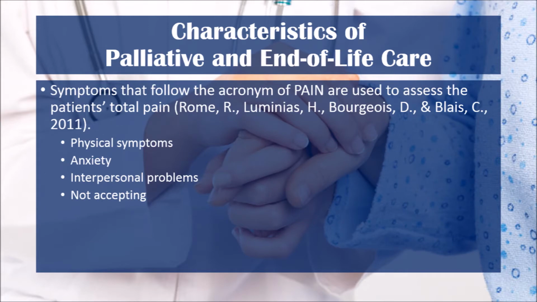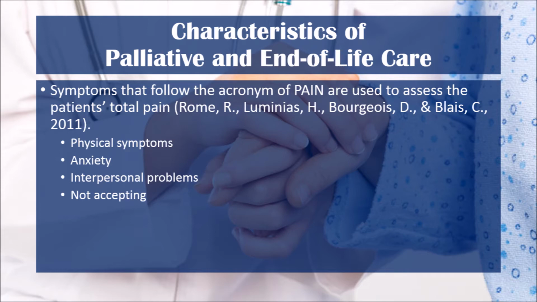Symptoms that follow the acronym of the letters of the word pain are used to assess the patient's total pain as part of the assessment process. P stands for the physical, which includes any physical symptoms such as blood pressure, x-rays, and other scans to diagnose and monitor the physical condition that affects the patient's health. When assessing physical symptoms, objective results are usually recorded. A means anxiety. Patients often undergo various mental health issues, such as anxiety, anger, and depression, which have a toll on their physical and mental well-being and perspectives of pain.